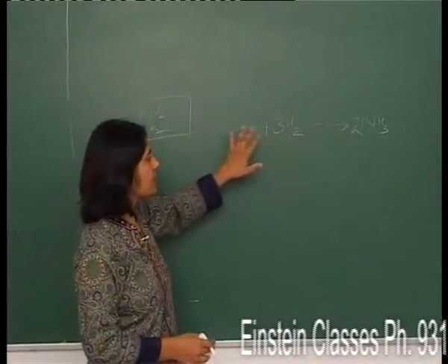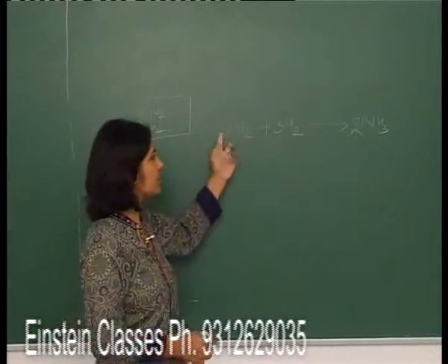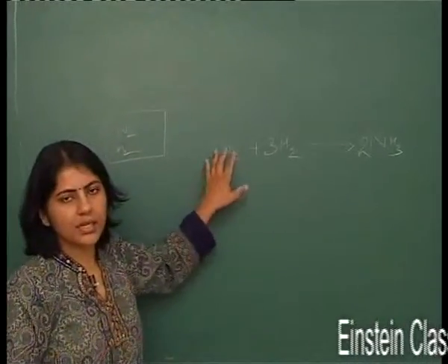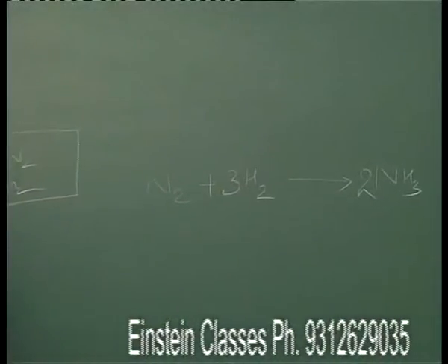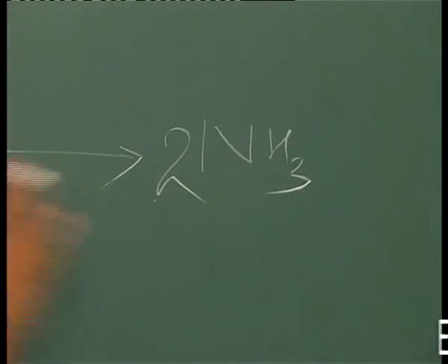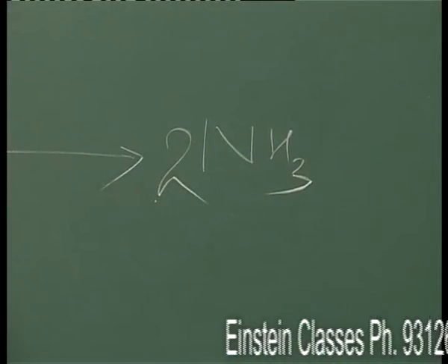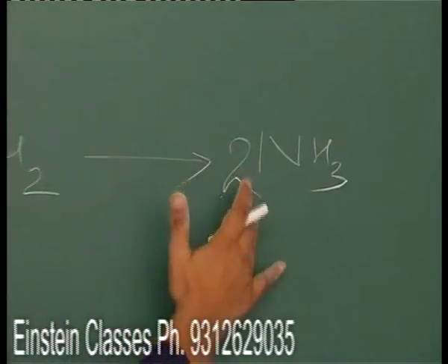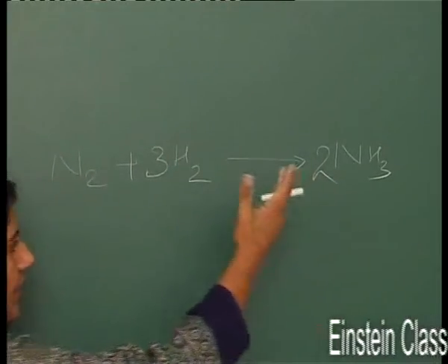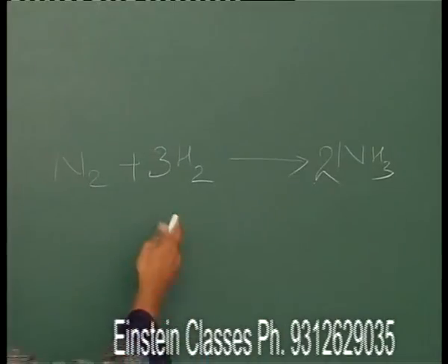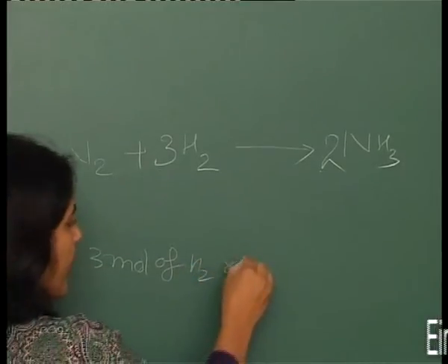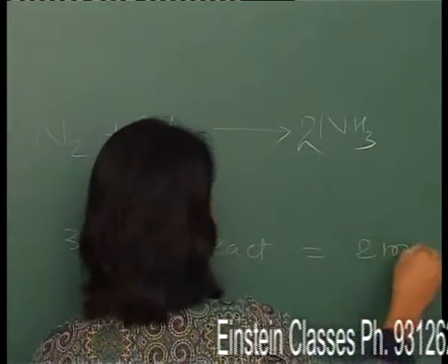If there are two reactants, then with the help of the balance coefficient we can tell it is a 1:3 molar ratio. If 100 moles of nitrogen react, it means 300 moles of hydrogen react. Now, the molar ratio between reactant and product is 1:2. If 1 mole of N2 reacts, 2 moles of NH3 are formed. If 10 moles of nitrogen react, then 20 moles of ammonia are formed. Similarly, with respect to hydrogen, if 3 moles of H2 react, then 2 moles of ammonia are formed.